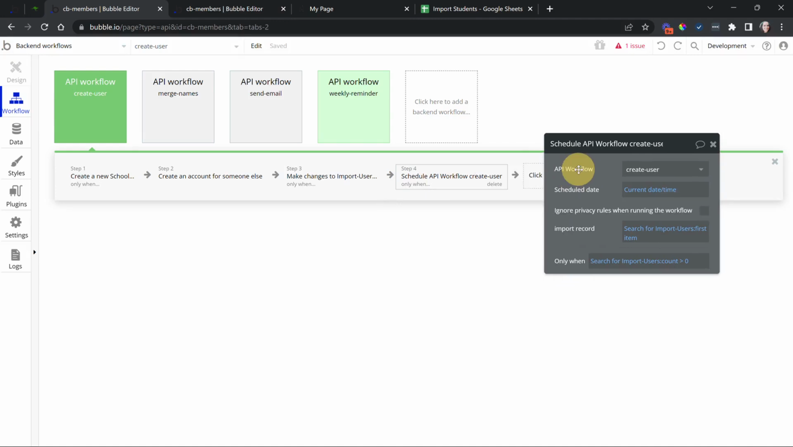Now, step 4 is where we set up our loop. This is going to schedule the create user event to run again. Notice here, my scheduled date has no delay. I want this to run immediately as soon as these first 3 actions are done so that it can continue